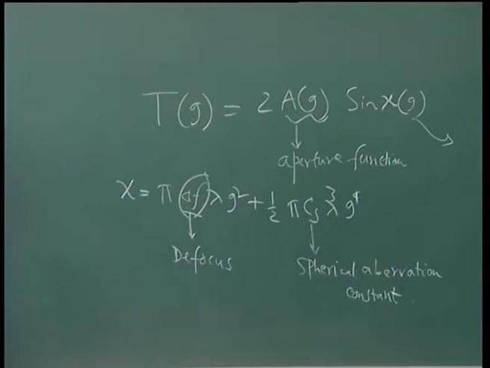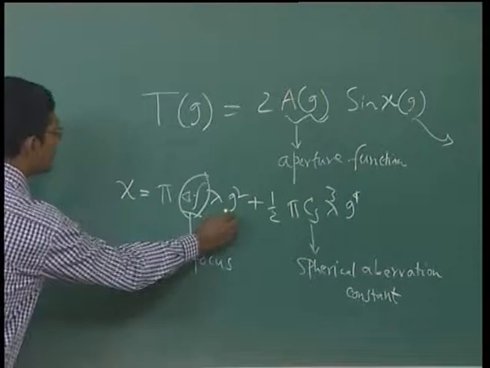Obviously, lambda goes into the picture because lambda is the wavelength of the electron beam, and g is the spatial frequency